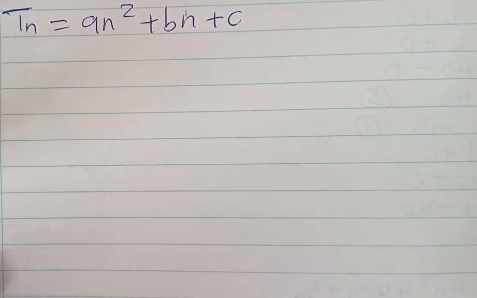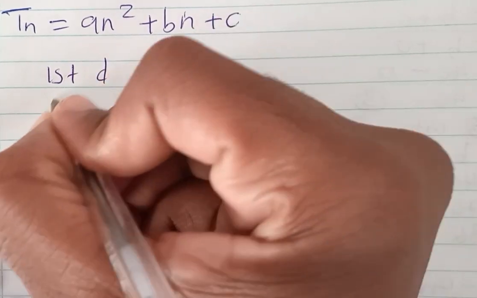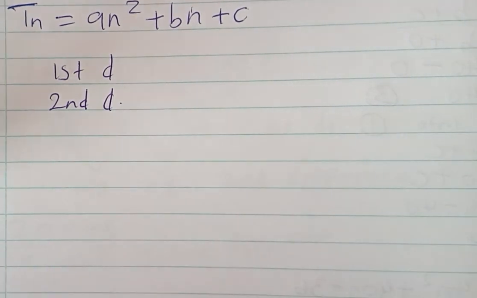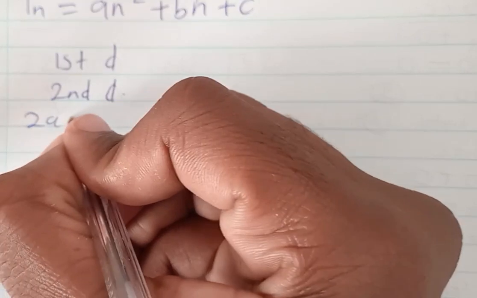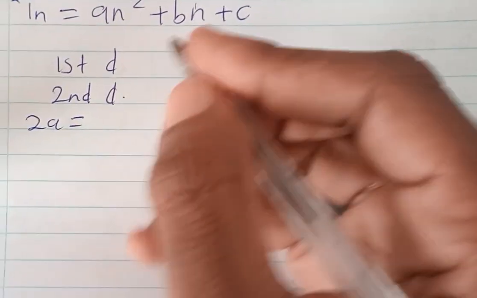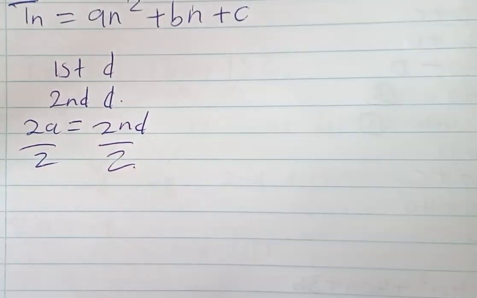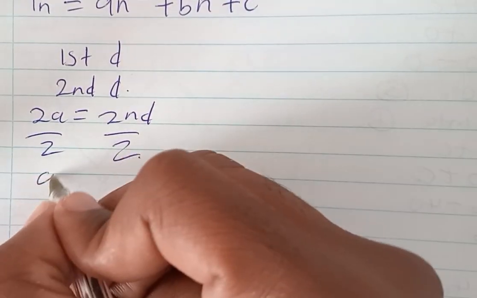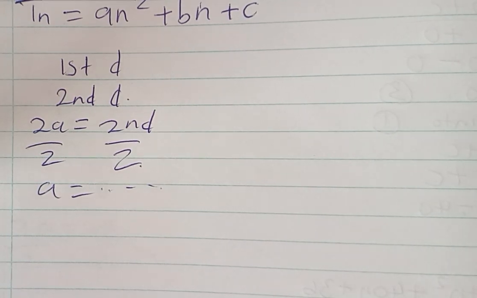You see, remember, for a quadratic sequence we'll have the first difference and the second difference. To get a, remember, we'll say 2a is equal to the second difference, then you have to divide both sides by 2. When you divide both sides by 2, you'll get the value of a, right? After you get the value of a,